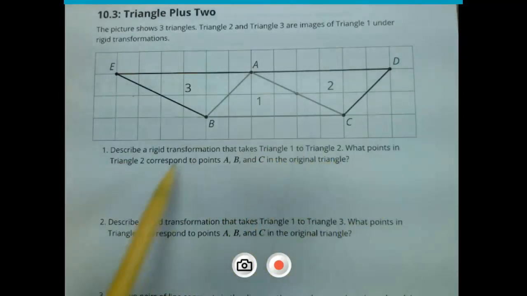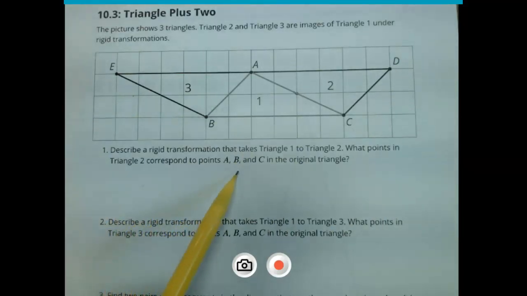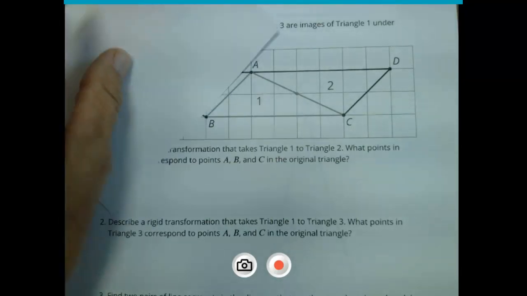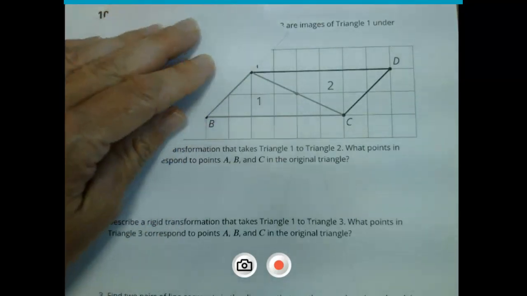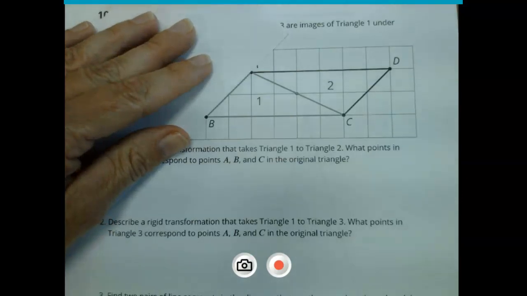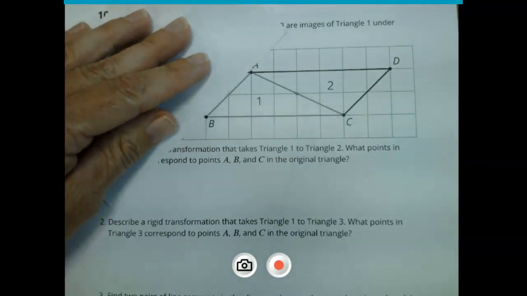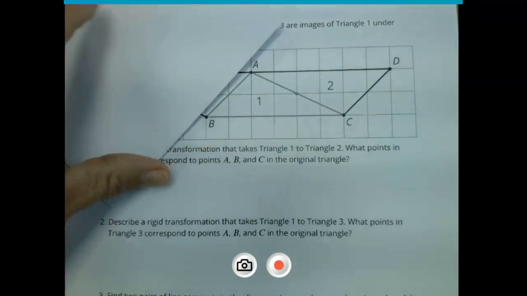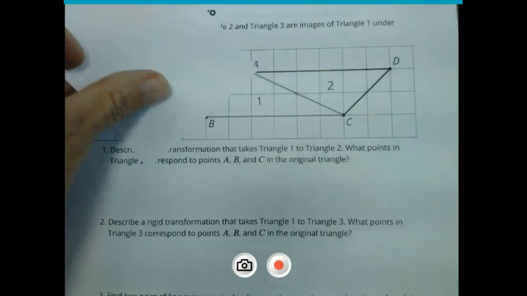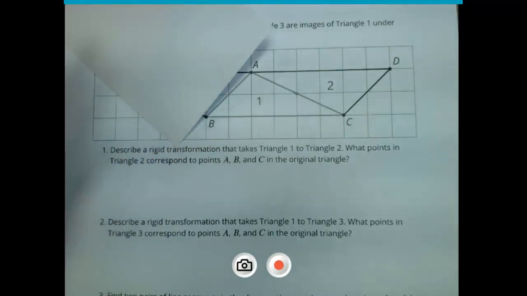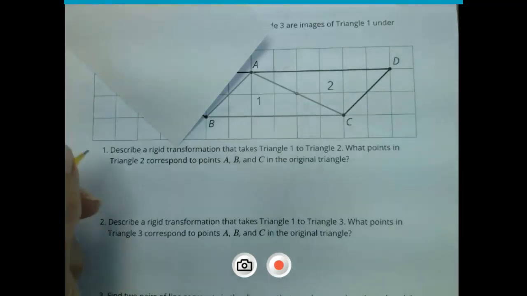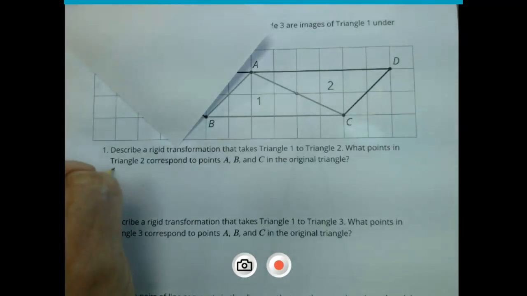Okay? What point in triangle 2 corresponds with A, B, and C in the original triangle? Okay? So, what I did, if you kind of looked at 1 and 2 by itself, it should look real familiar. Isn't it just like the parallelogram we had in our last activity? Yes, I agree. So if it's just like that, I would say it would have to be 180-degree